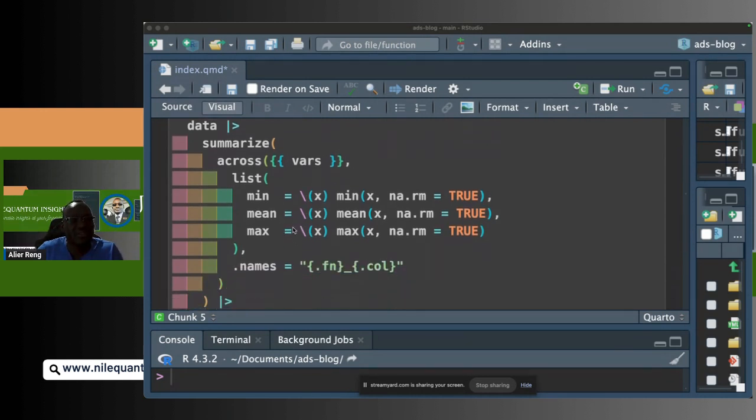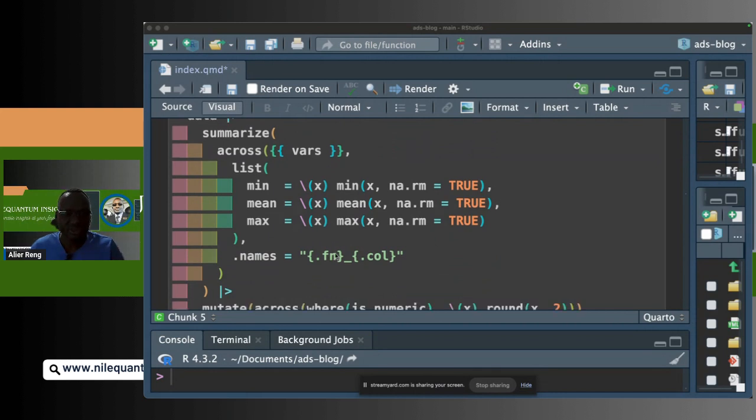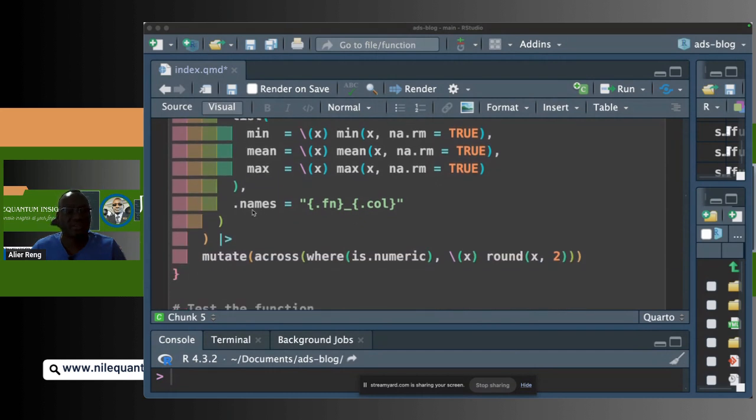And then we call the method, the list method. We use the anonymous function. And we calculate these values by also removing or excluding NAs. And then we call the .names so that the resulting columns are named using the function first underscore call